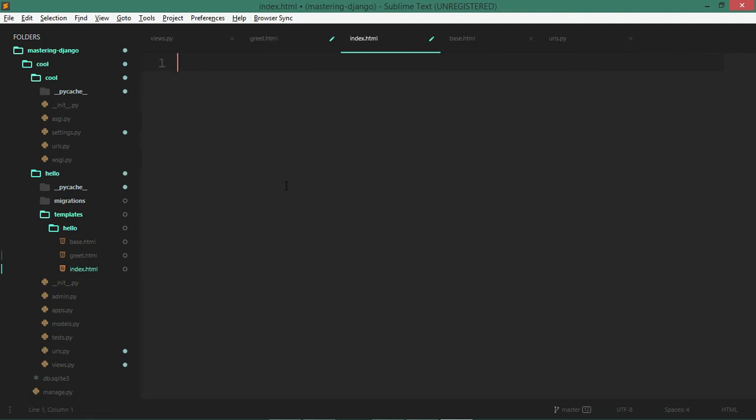Now how should I really populate them? Well, you have another thing called extends, and this will extend from my base.html. And you know that this won't work because I need to tell that it is inside hello/base.html.